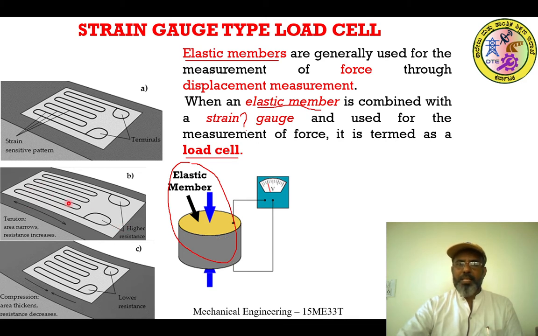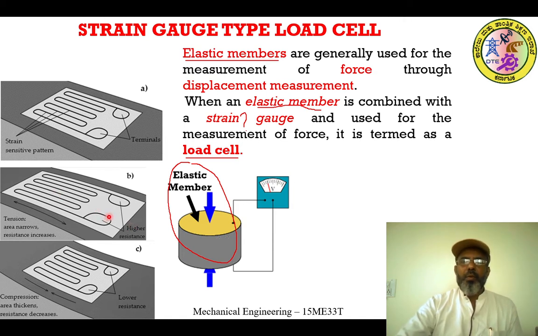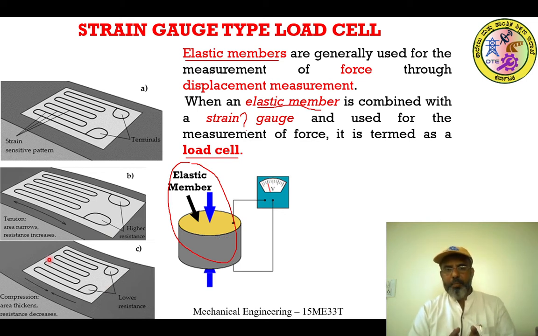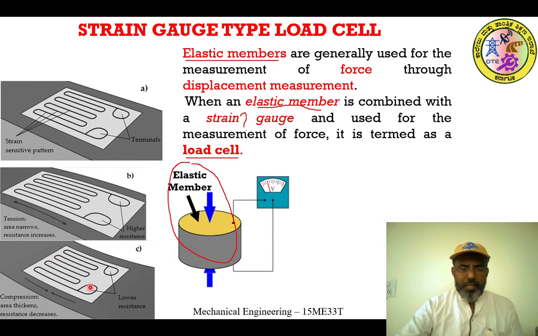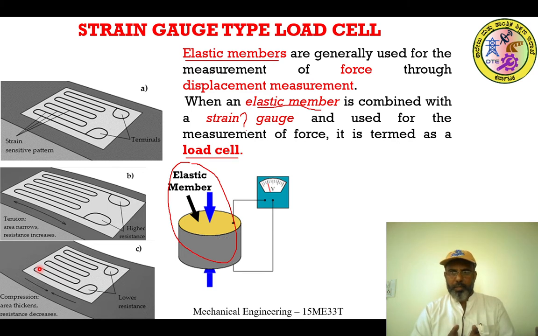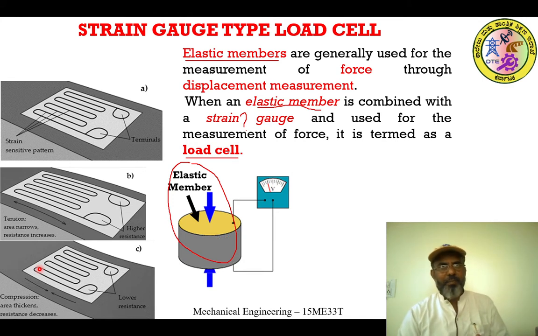When the strain gauge elongates or is lengthened, its resistance is going to increase. Similarly, when you compare A and C, the length of C has shortened, compressed. When it gets compressed, the length of the metallic foil also lessens, shortens. When the length of the strain gauge gets shortened, its resistance will decrease.